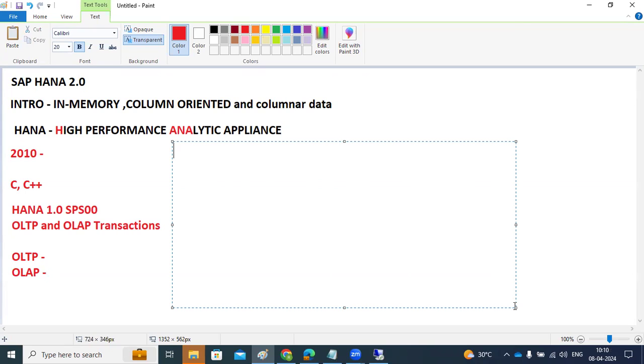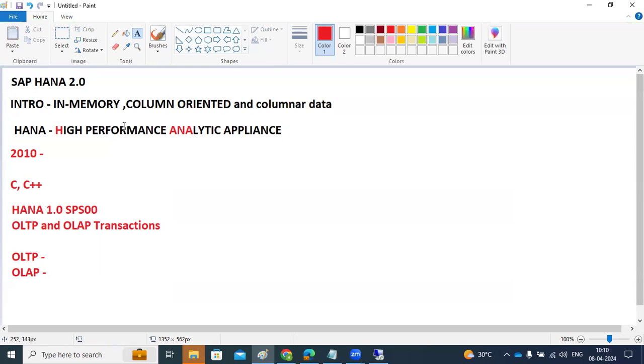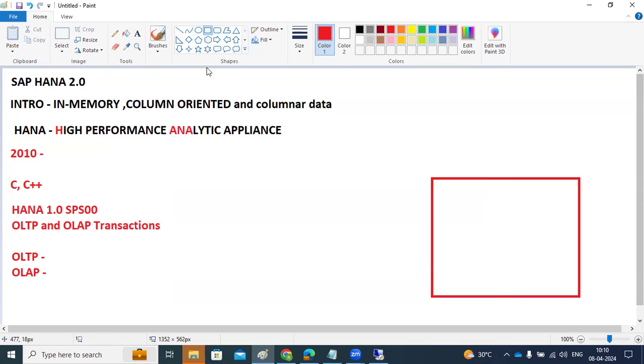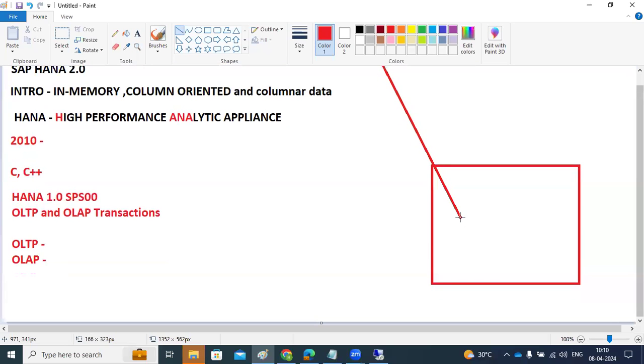It's a column-oriented multimodal database. It allows high-speed transactional processing and analytical processing in a single system. So HANA can integrate from multiple areas. HANA is a database, right? From multiple sources, you can insert the data into your